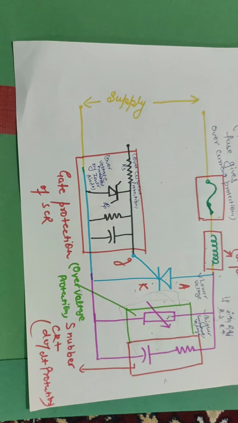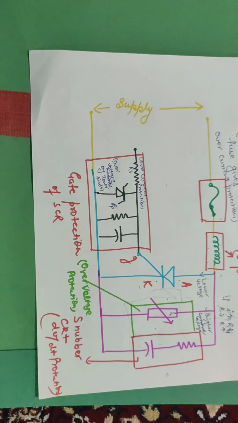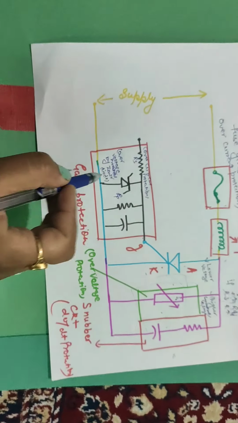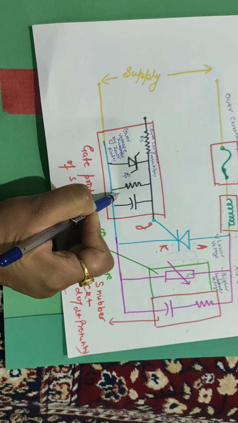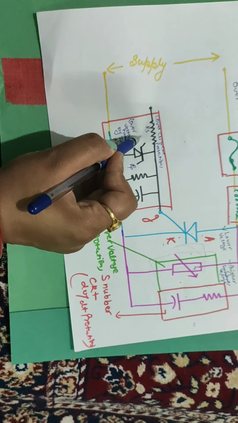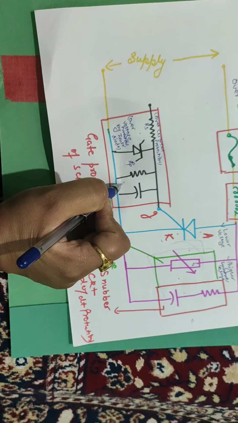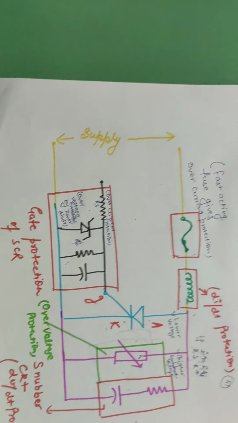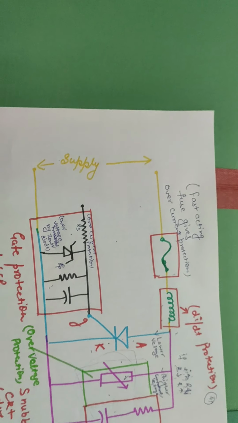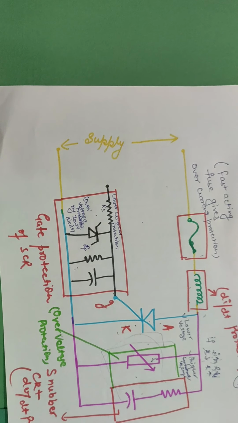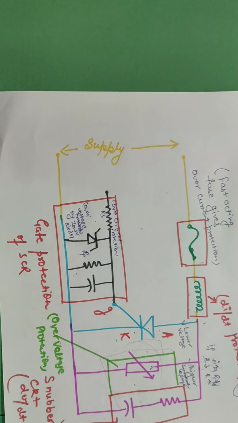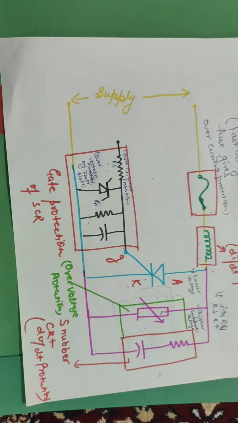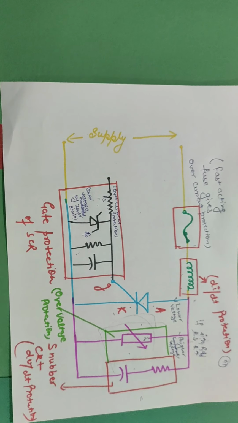Gate protection is as I explained earlier. I will give the link for gate characteristics in the link box. When I explained that, RS and RP were there. RS and RP are for current protection, and this is for negative voltage protection or noise protection. A Zener diode is used for over voltage protection. Over voltage protection is done by Zener diode for the gate, and over current protection is done by resistance RS. So this is the circuit for gate protection, and a complete circuit for protection of SCR.